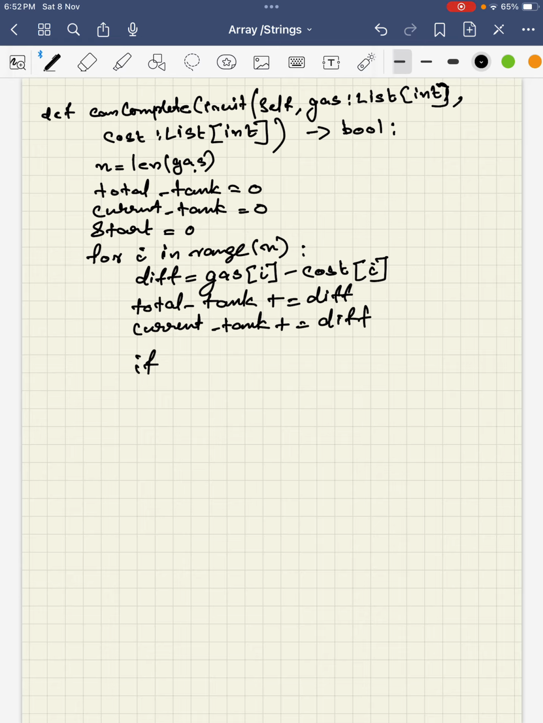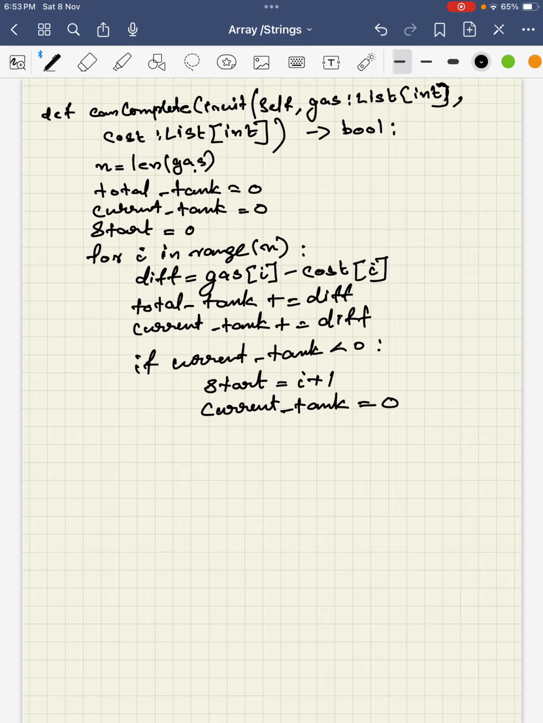And if current tank is less than 0, if that is the case, then we change the starting point to the i plus 1 index and fix the current tank to be 0. You just need to return, and there is one simple line that will do the code. Just return start